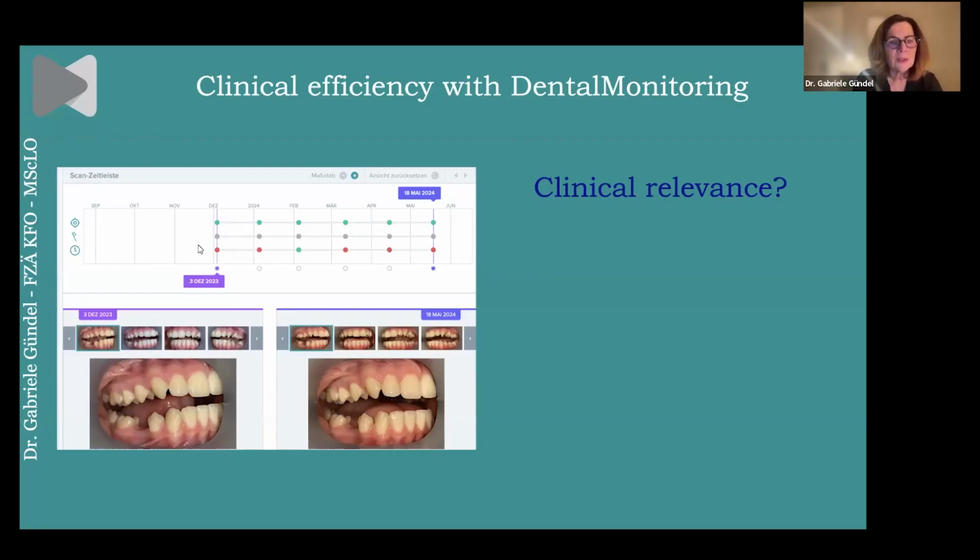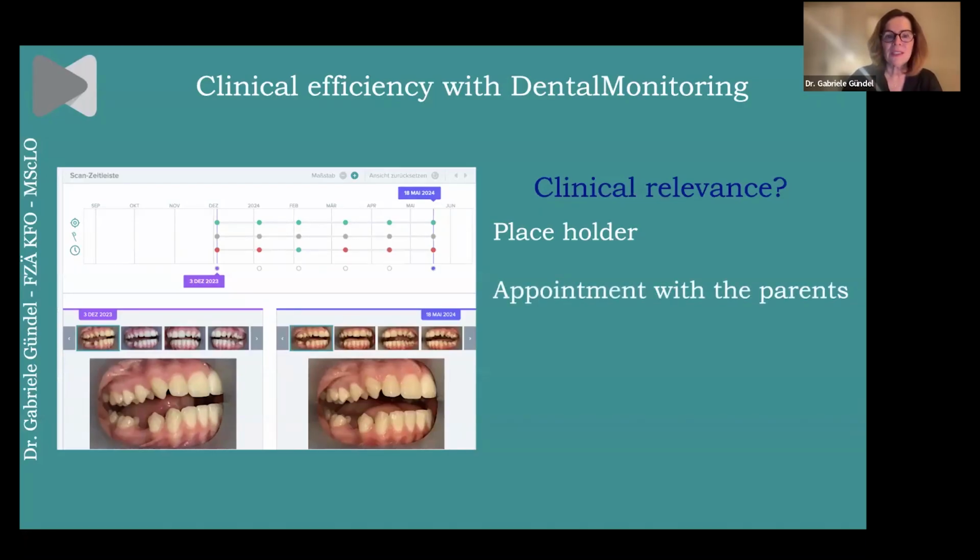As you can see here, for tooth eruption the scan is monthly, like I mentioned before. So the patient is doing it really every month. Now he or she, I don't know, is wearing a placeholder just to open up the space for this tooth. And we are waiting for this tooth because we would like to make a fixed appliance. And after 6 months, so I wait 5 to 6 months,